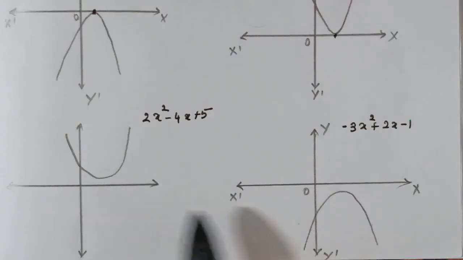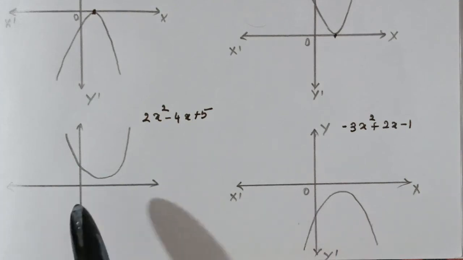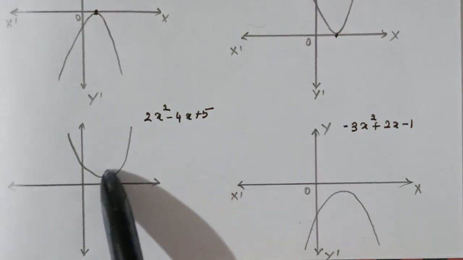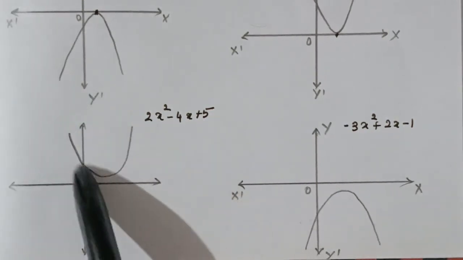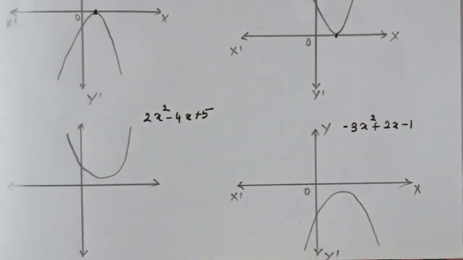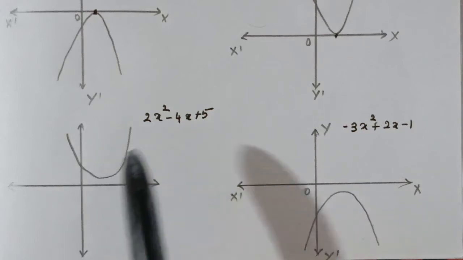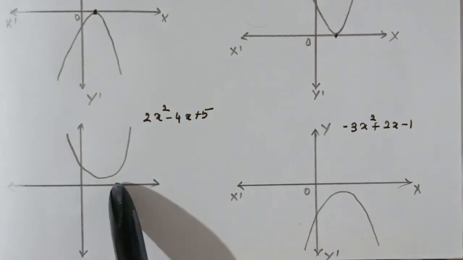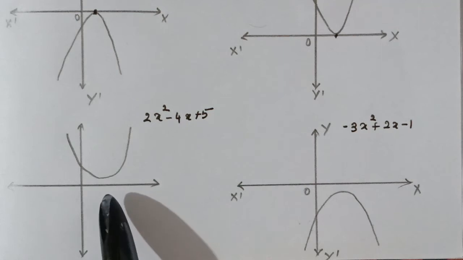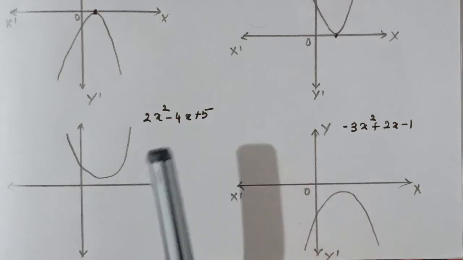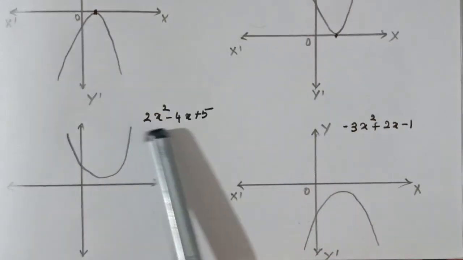Now here we have another two parabolas. This is also a graph of a quadratic polynomial. Now here you can see that the graph of this quadratic polynomial opens upwards. That shows the coefficient of x squared is positive, and since it doesn't touch or cross the x-axis, that shows it hasn't got any zeros. That means you won't be able to factorize this polynomial.